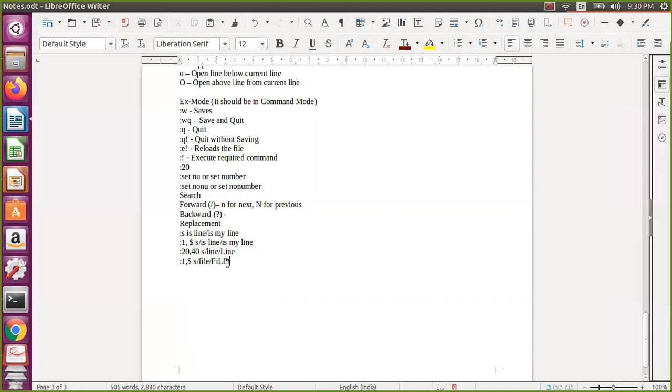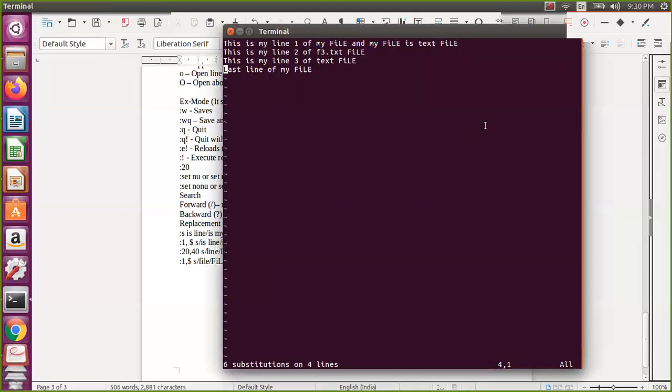And then global. Blindly people will just use slash G, but you need to know what exactly that means. Global means it will replace all the occurrences in all the lines. If you are not using the global, then it will only replace the first occurrence. So that is about this particular one.